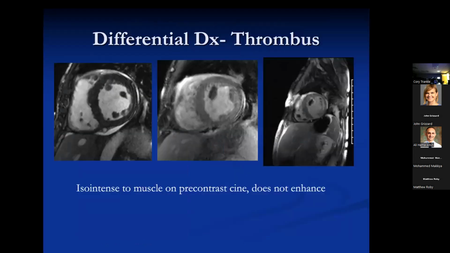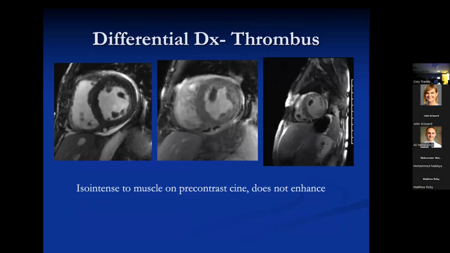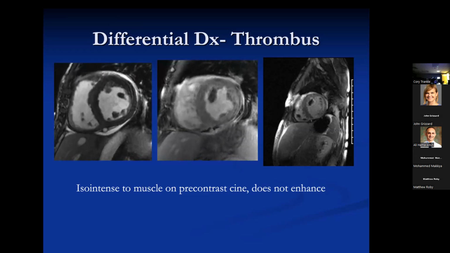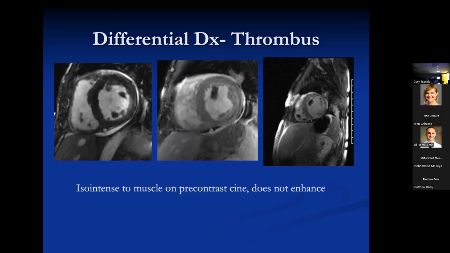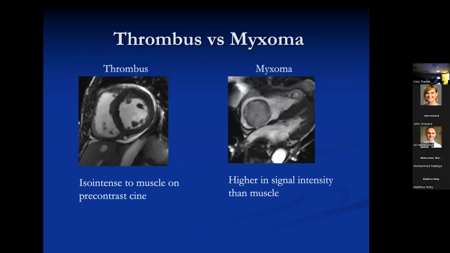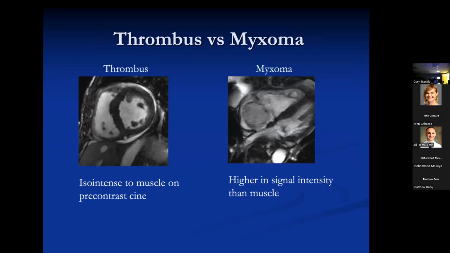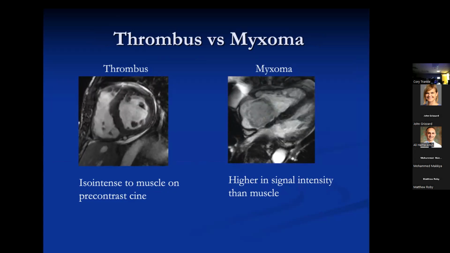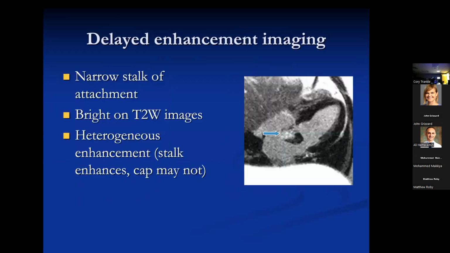Okay, so they're gelatinous. The differential really is mostly with thrombi. Here's a case of a thrombus. Remember, it's isointense to muscle on that non-contrast image on the left, right? You give contrast, and now you can tell what it is. But that's our main differential. In all the cases that Chet and Shinoy and I looked at, some 900 cases or something, we weren't wrong too often, but when we were wrong, it was struggling between thrombus and myxoma, particularly because myxomas, when they're small, may not be perceptibly brighter than muscle. But when they are, it's pretty apparent what you're dealing with.